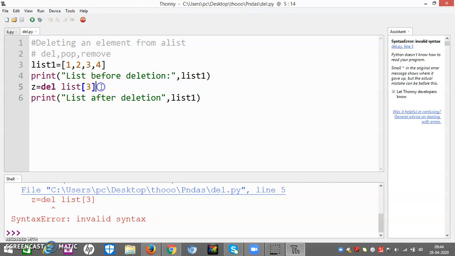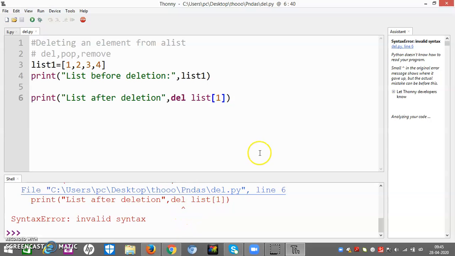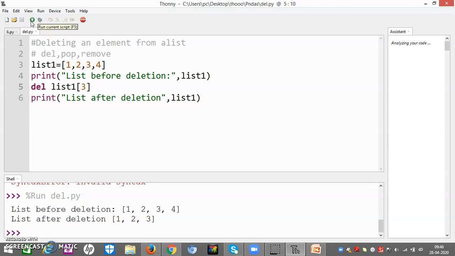Now what if I remove it from here and just write del list 1. Now what will I be having, let's look at the examples. Look, this is giving error everywhere. Now we have to check why it is giving that, because what we are doing is just writing del, my list name is list1. So here will be list1. Now let me run. Look, this is my answer.